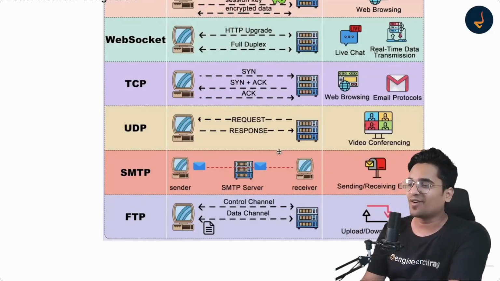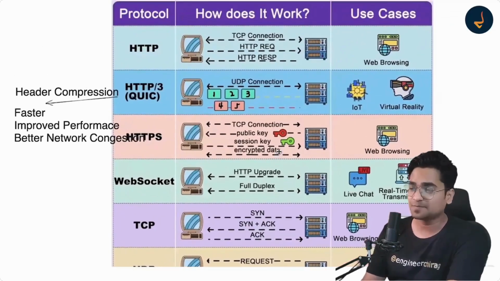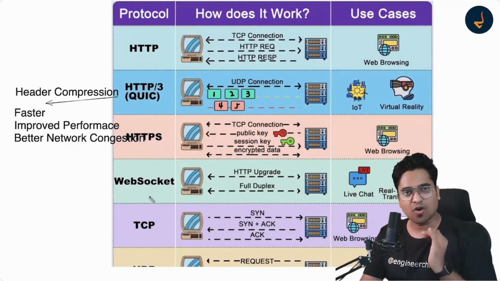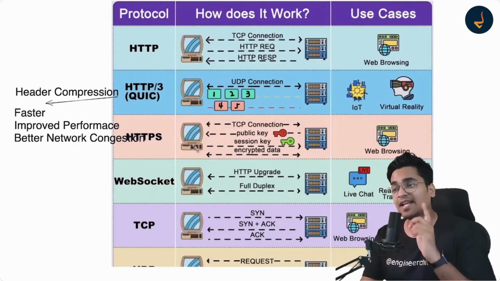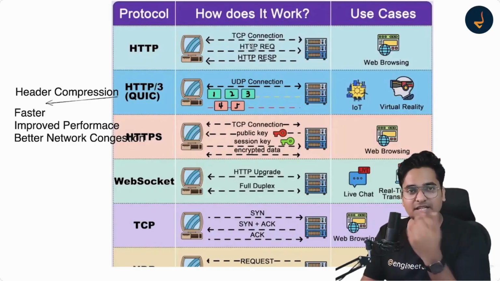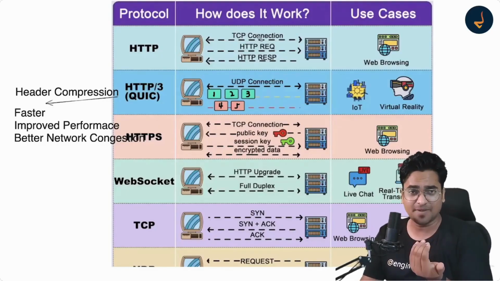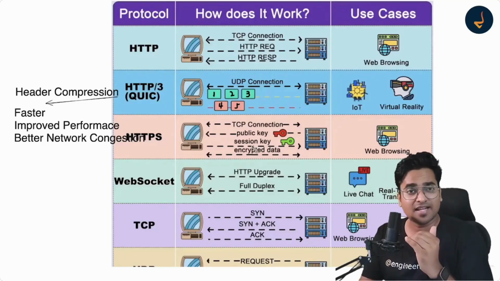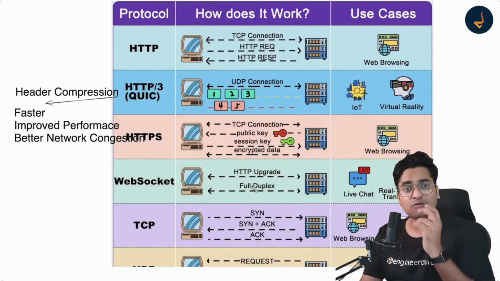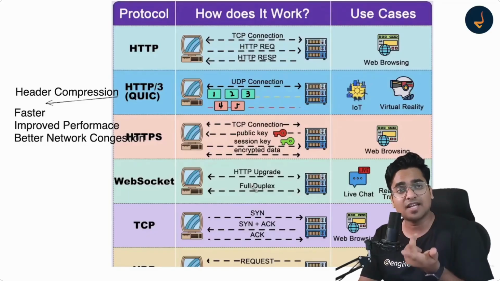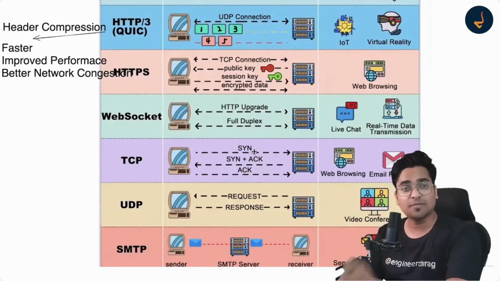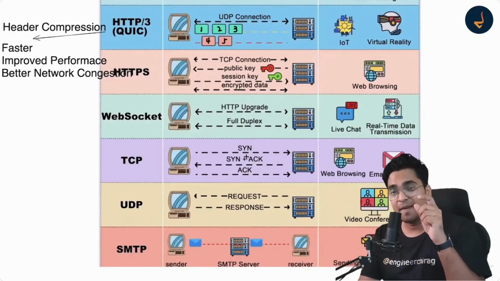Now, a quick overview of what I wanted to help you understand. In all of these cases, you should remember a couple of things. One, what are the different protocols, the ways to communicate with the server? Second, what is the process, how does this communication actually happen? In some cases there is a three-way handshake, some use TCP as a connection, some use UDP as a connection, some say, oh, I need SSL and TLS kind of thing. Some say, I first start with HTTP and then convert into WebSocket using an upgrade. Some say, okay, I do some acknowledgement so that I can maintain a sequence so that every